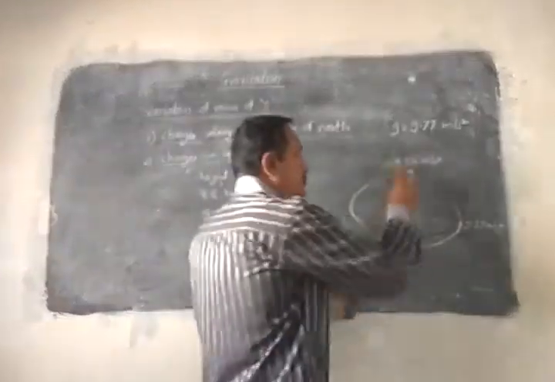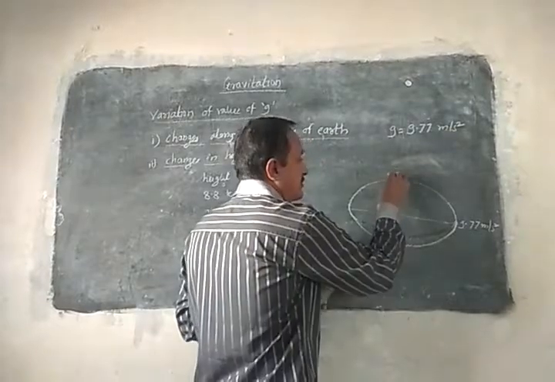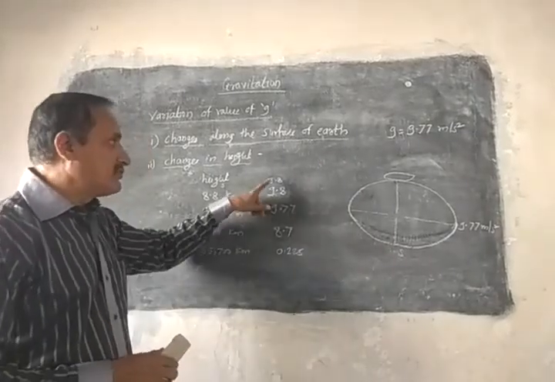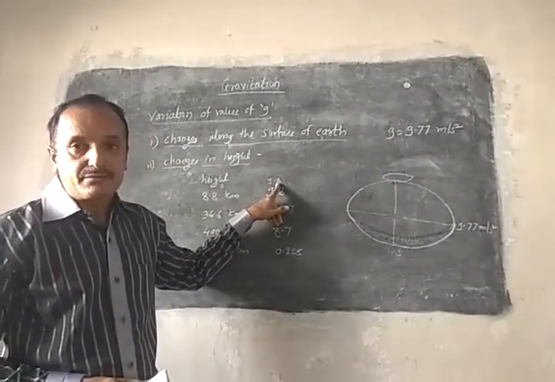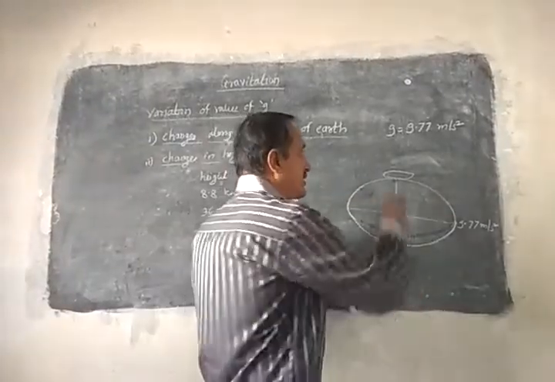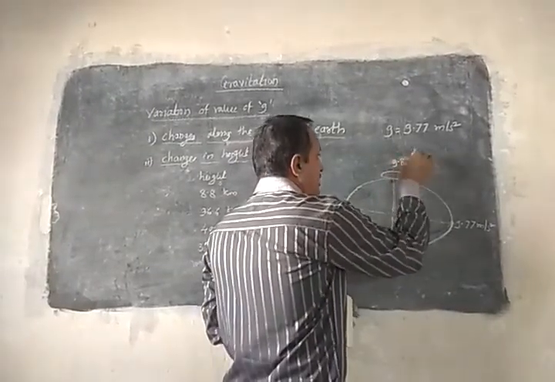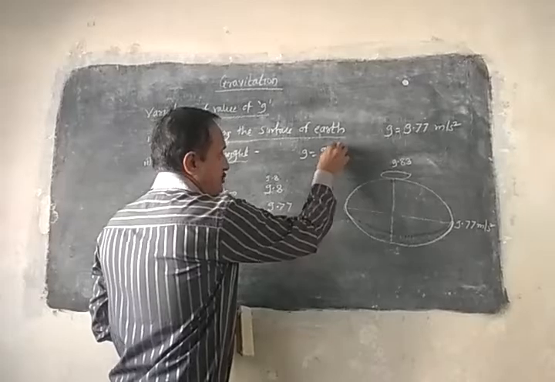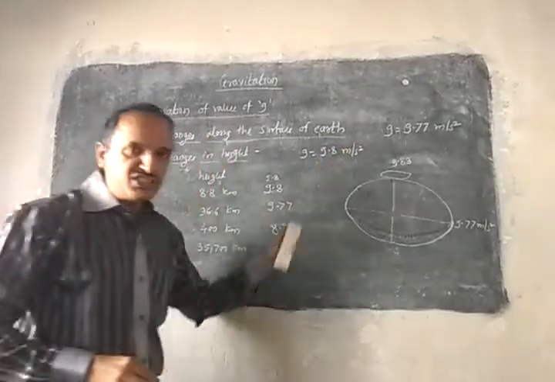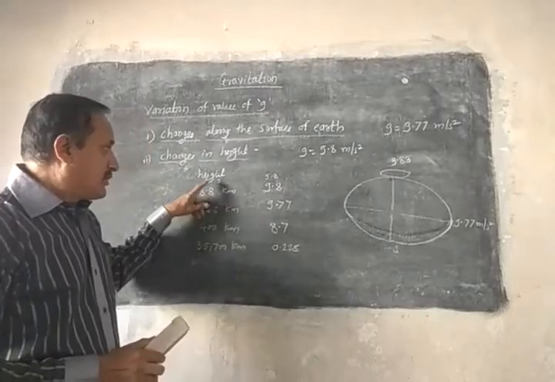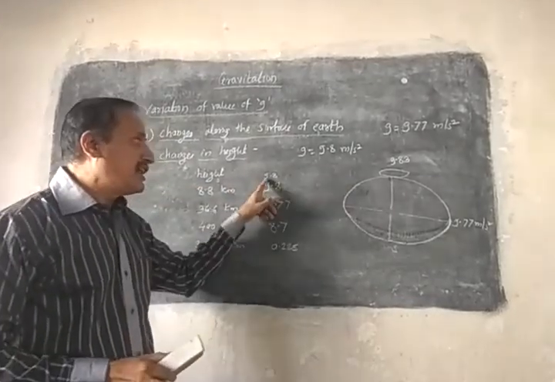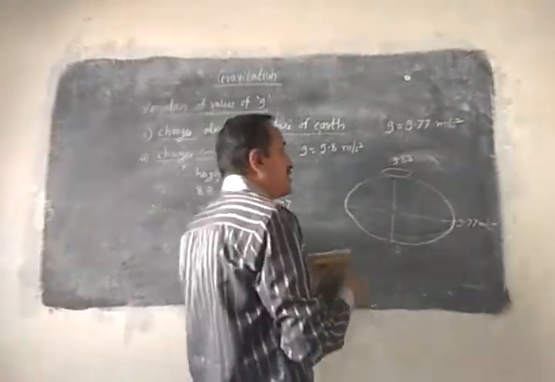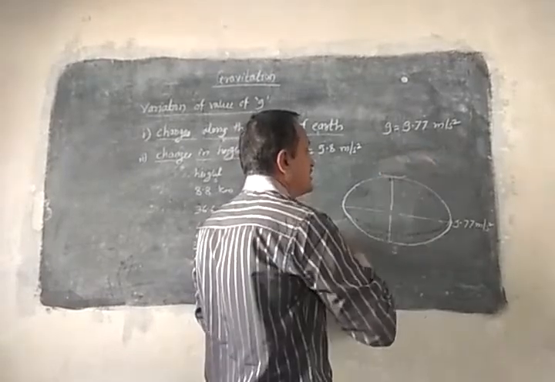Now see, if an object is at the surface, the value of g is 9.8 meter per second square. Practically it is 9.77 at one place and 9.83 at another, so practically we take the value of g as 9.8 meter per second square. This is the practical value we are taking. Even if there is an aeroplane at 10 kilometer height,